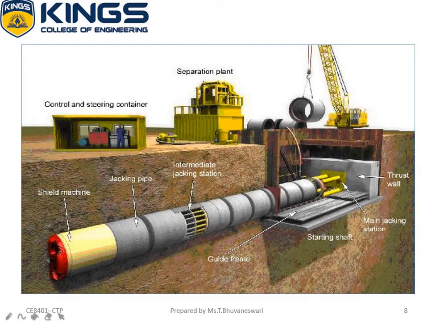The jacks are operated pushing the pipe section forward, and then the jack rams are retracted and a spacer is added between the jacks and the pipes. The jacks are operated and the pipe is pushed forward again. And then it may become necessary to repeat the above steps, as I have said, from the excavation up to the jacking procedure. Several times the steps have to be repeated until the pipe is pushed forward enough to allow room for the next section of the pipe.